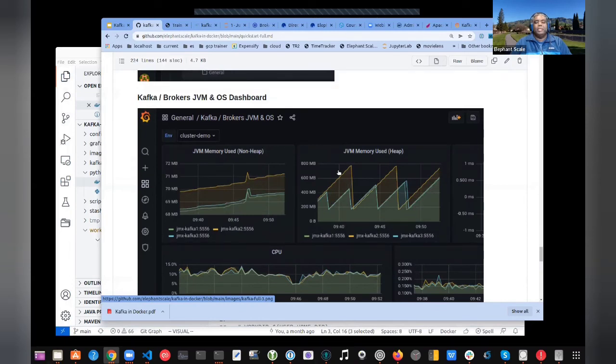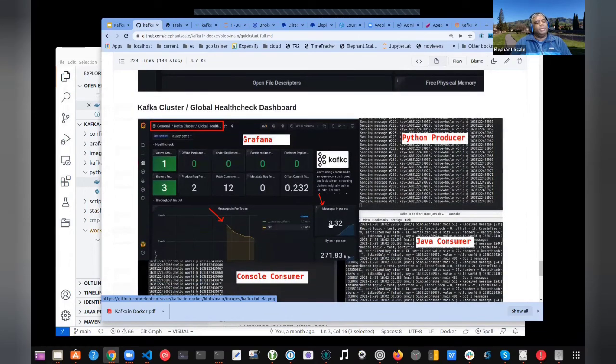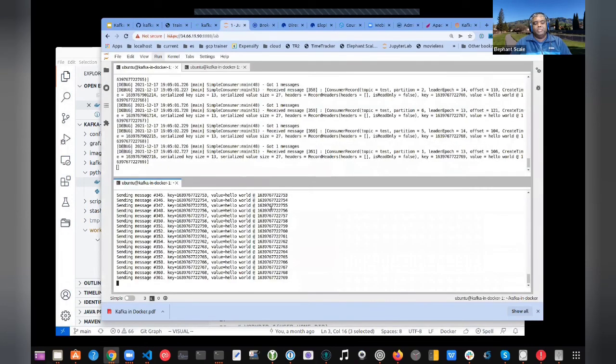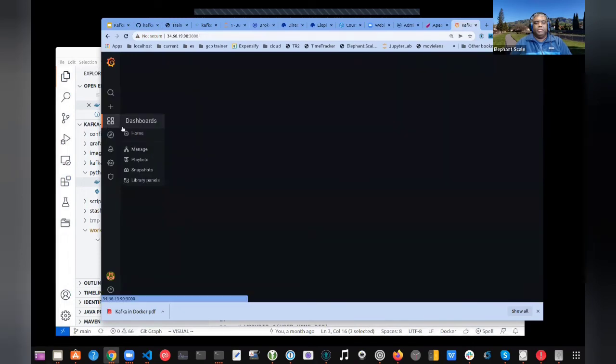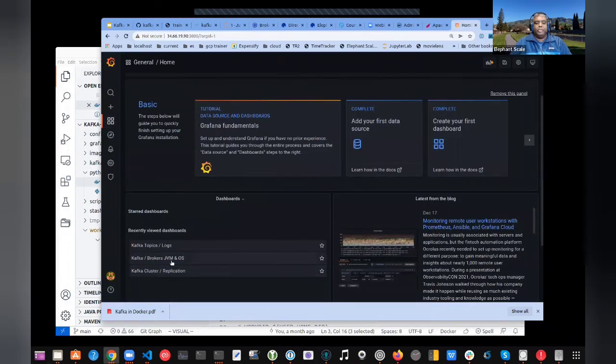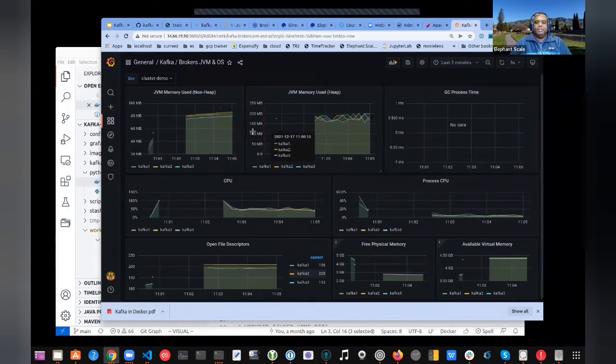Now I have set up Prometheus and Grafana to extract metrics from Kafka, and they're going to show you what's happening. That's it. So now you can see the messages are flowing through, and you should see it in Grafana. Let's look at how the OS is doing. Now you start seeing the memory is kind of